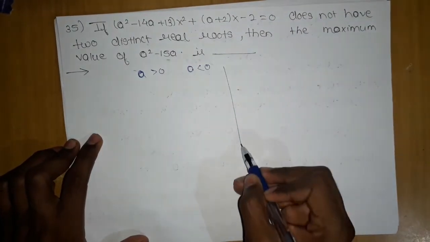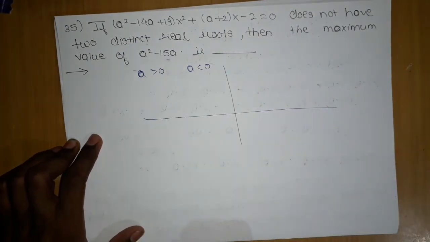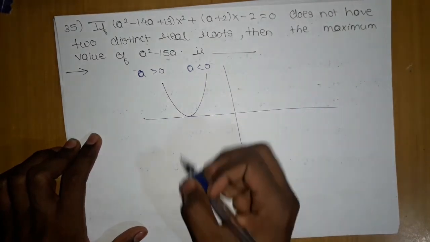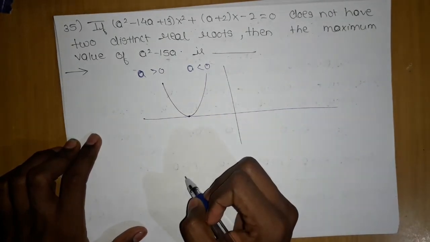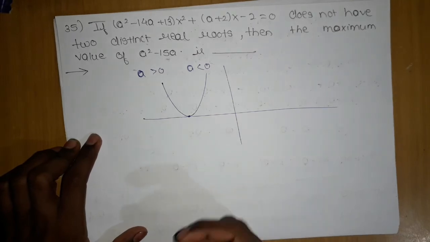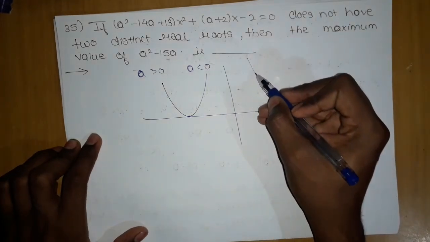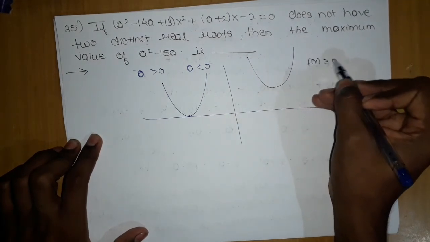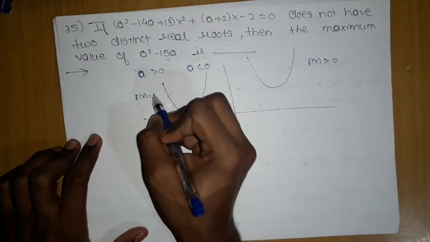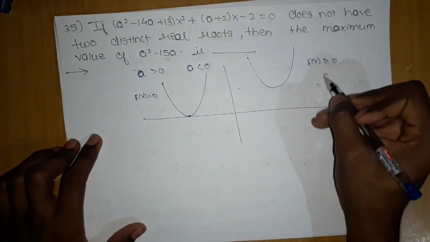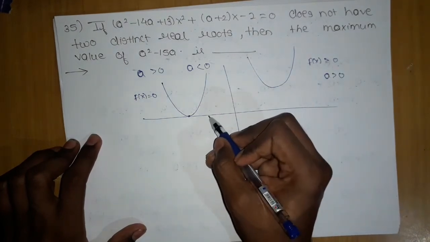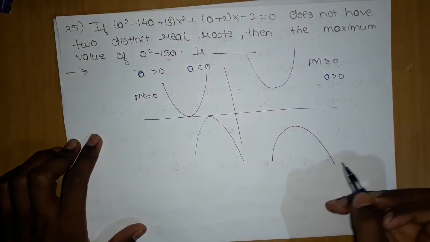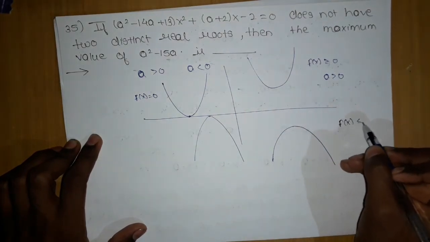So let me draw a coordinate axis. Okay, this is my coordinate axis. Either it can be an upward parabola touching at one point, then it will have two roots which will be the same, so one root it will become. Now it can be like this. Here f of x is greater than equal to 0, here f of x is equal to 0. Both are satisfied. In this, a is greater than 0. Now the reverse means like this. And this graph can also exist vice versa, so f of x less than equal to 0.